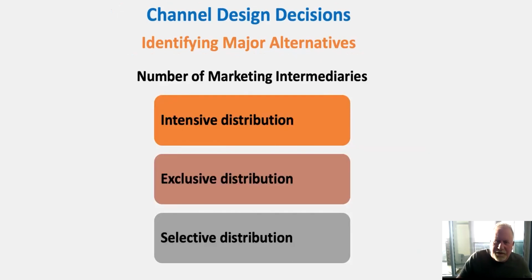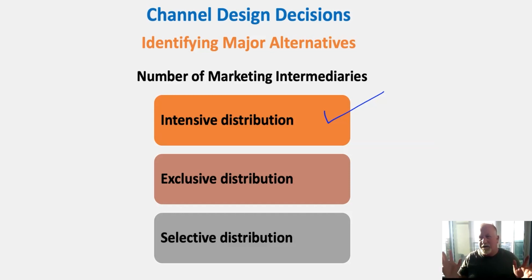The last thing I want to mention today is a little bit about what we call intensity of distribution. And I'd like you to become familiar with this. There are 3 levels of what we call distribution intensity, and this gets at the exclusivity as well as the intensity of the way in which products are distributed to the marketplace. The first concept is what we call intensive distribution. This is where we try to use as many channels as possible to saturate our products out in the market, get them out as much as we possibly can, and we don't worry about how they get out there. We just distribute them as much as possible.